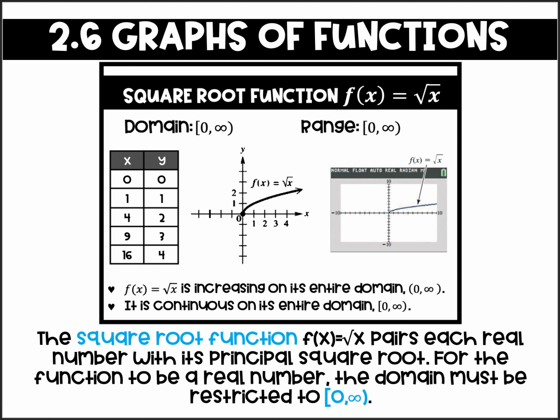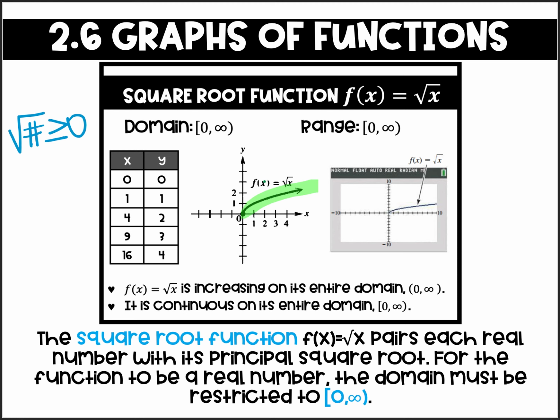So we're going to change our domain from negative infinity to positive infinity to only the positive values, because I can only take the square root of values that are greater or equal to 0 in order to get a real number. So my domain is from 0 to positive infinity, including the 0, because I can take the square root of 0. And due to this, my graph is only defined